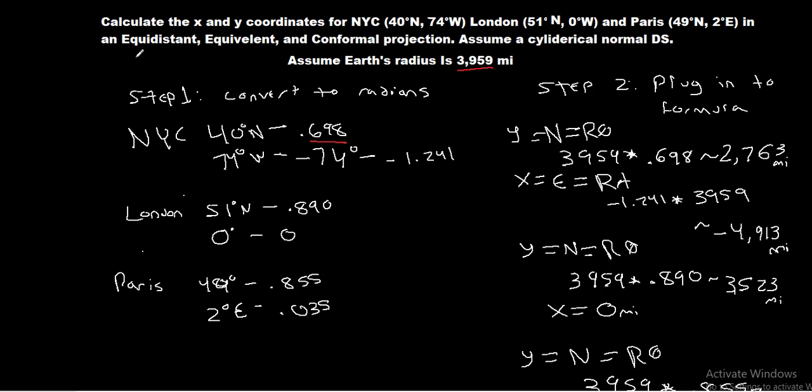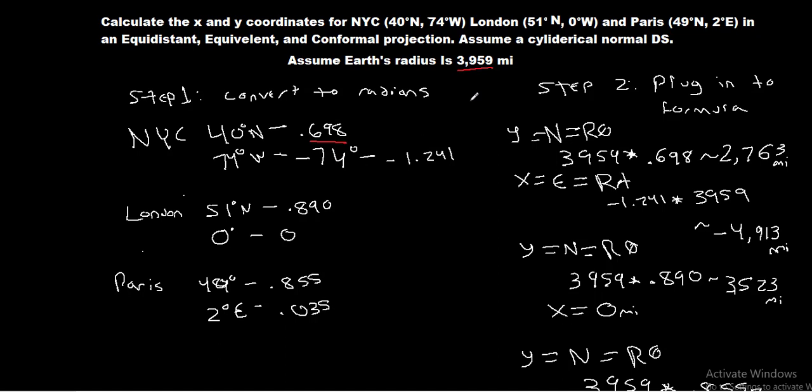And then we calculated the equidistant projection by simply plugging in the formula. So in this video we're going to assume that we've already done step 1. Rather than redoing all of those calculations, we're going to skip right to step 2, where we plug this into the formula again for the equivalent projection using the radius of